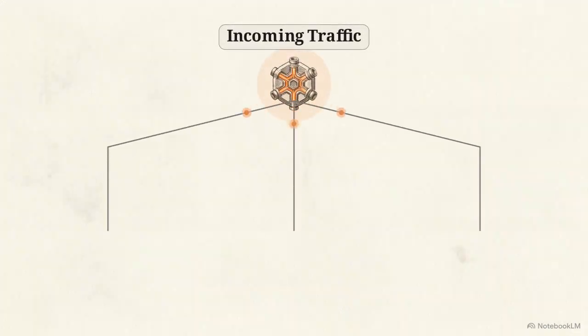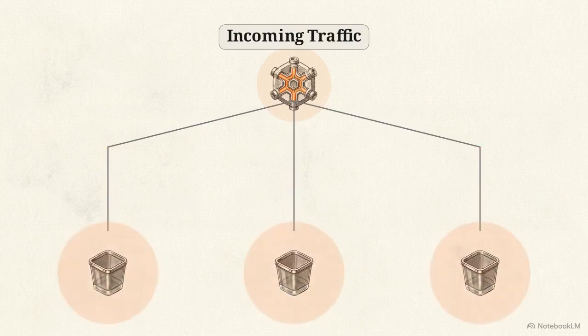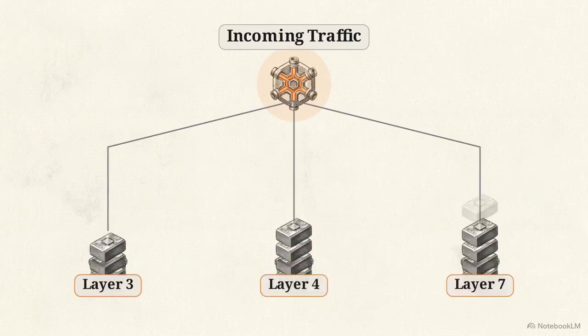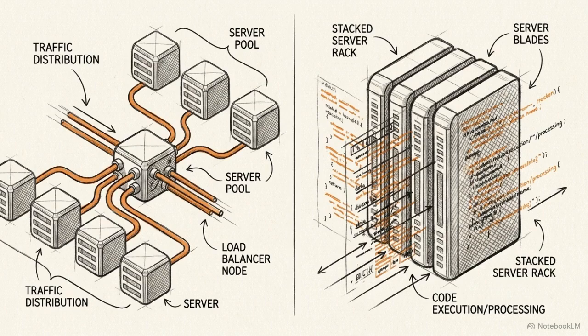To find the right fit, you have to look at the specific network layer where your traffic operates. These buckets represent the different layers of the OSI model: Layer 3, Layer 4, and Layer 7. Ultimately, your choice determines where the intelligence of your application lives, whether it's handled automatically at the gateway or hard-coded